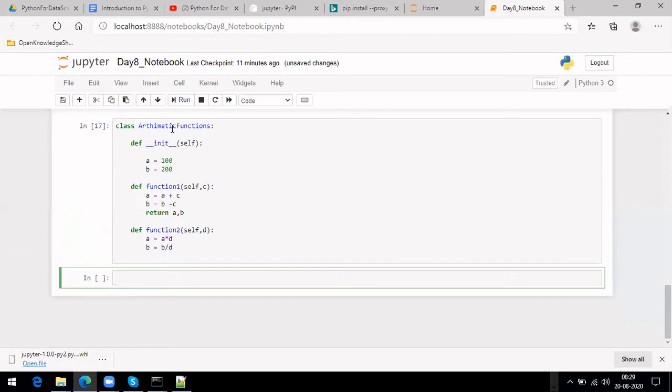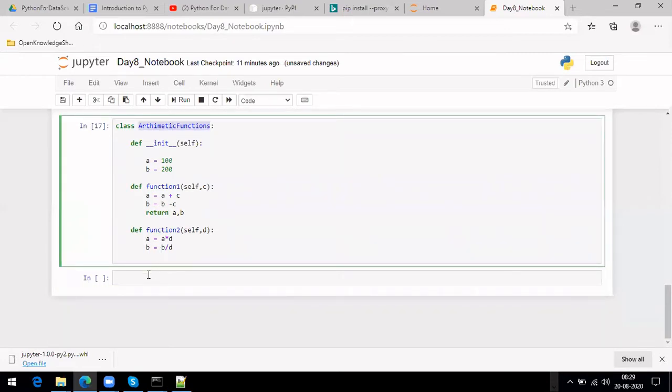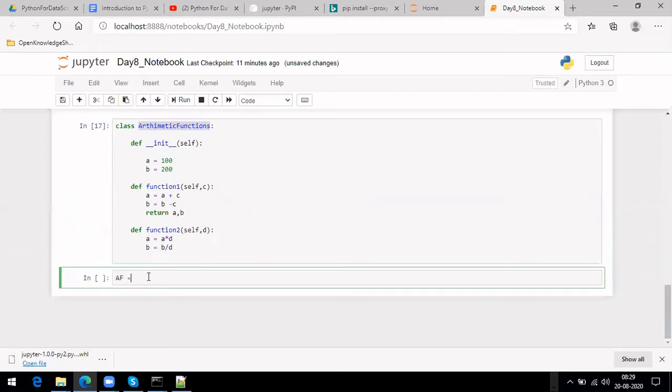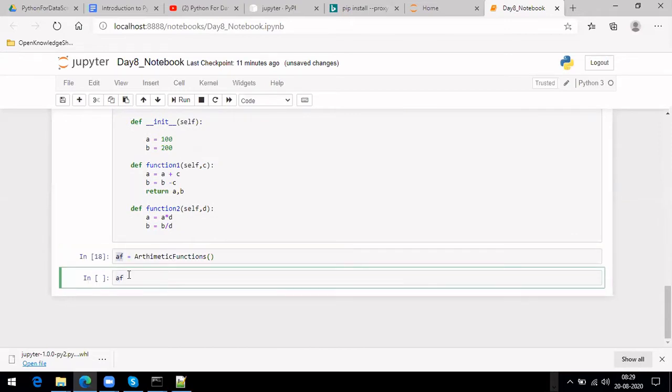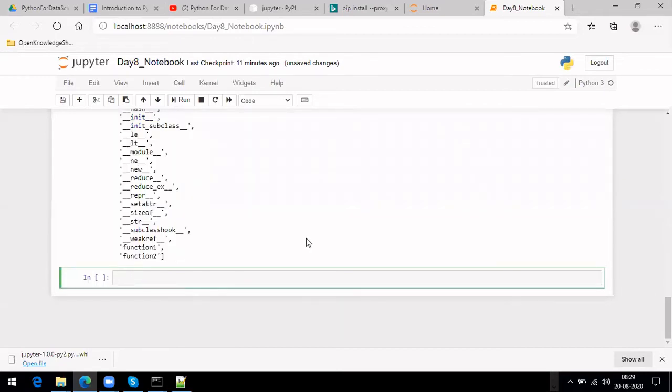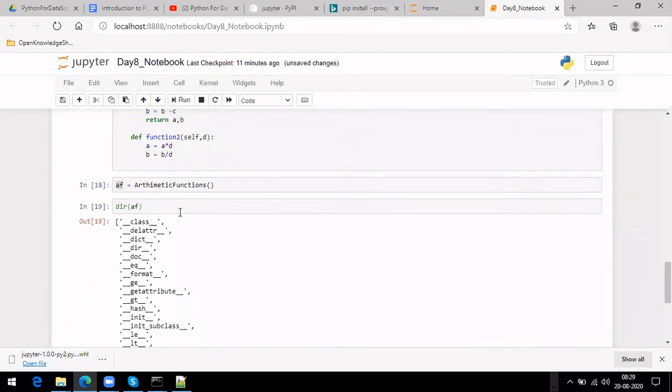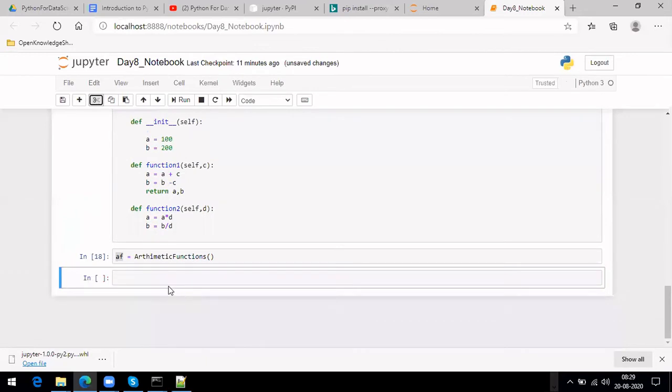Now, if you want to use this, how will we be doing this? Let me call it AF, automatic function. In case you run it this way, what will this have? Let me check the error of it. Let me try one more. Yeah, I don't need this now. You can delete it if you don't want. So the next thing is AF dot.